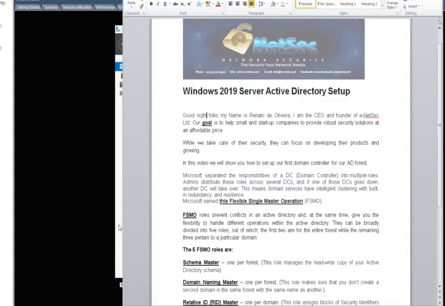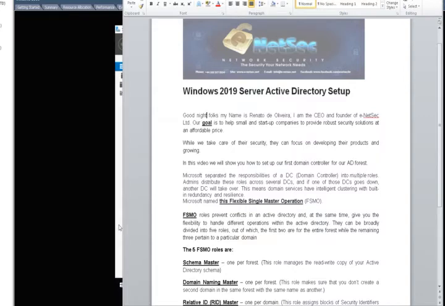So today we bring our third video of Windows 2019 server, and we're gonna show you how to configure the first DC, domain controller, in an Active Directory forest, right? So we're gonna start that from scratch. We already installed it. We showed you the post configuration, and today we're gonna take a look at Active Directory,